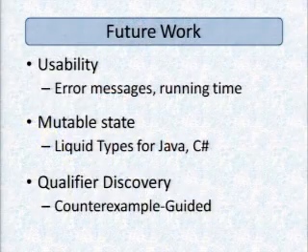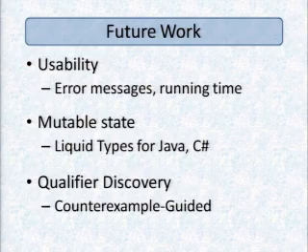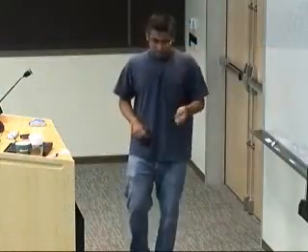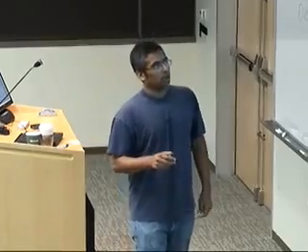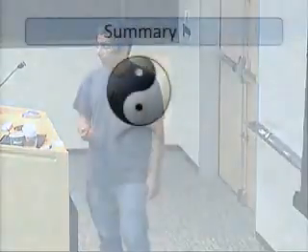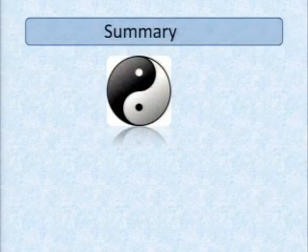One is that the error messages are, with types it's already bad enough. With model checking, you get a complete path. This is bad for various reasons, but one of the good things is you get a good counterexample. With types, you don't really get a counterexample. So one of the interesting things would be to figure out how to make this more usable by providing more interesting error messages instead of "type check fails on line 22." Mutable state is the other big thing. And finally, of course, there are heuristics for figuring out these qualifiers.